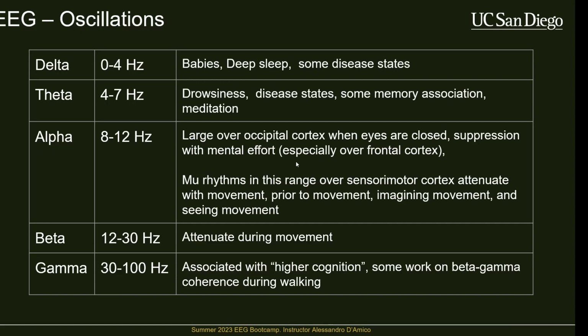You have alpha oscillations, which are very common. A subset of alpha, so there's these waves called mu rhythms, which are common over the motor cortex, and they oscillate at the same frequency, so about 8 to 12 hertz, but they have a very pronounced shape. They look like a mu, so they sort of look like this,